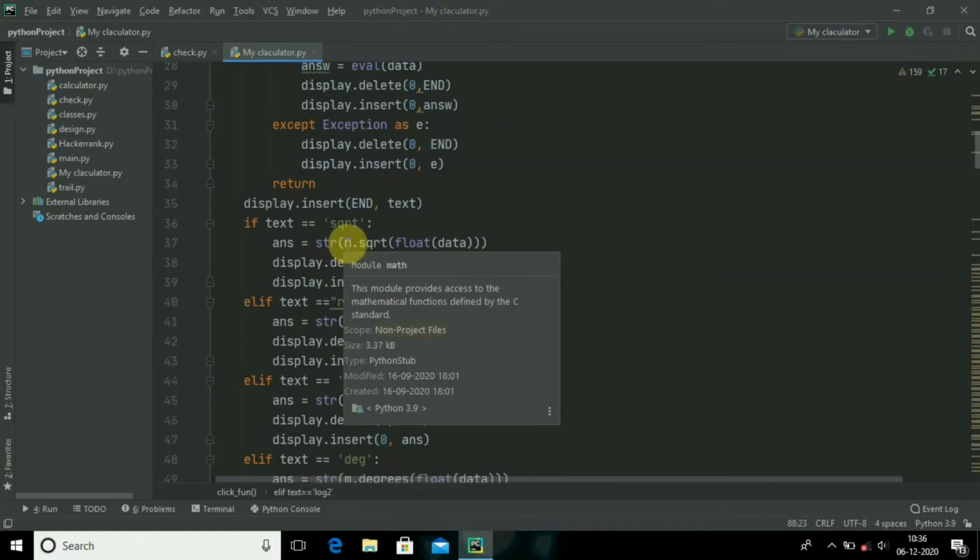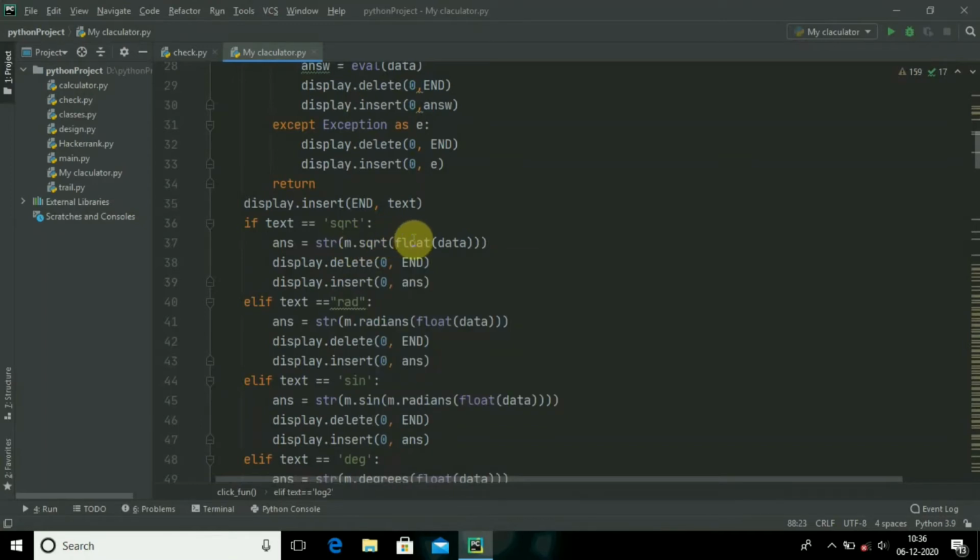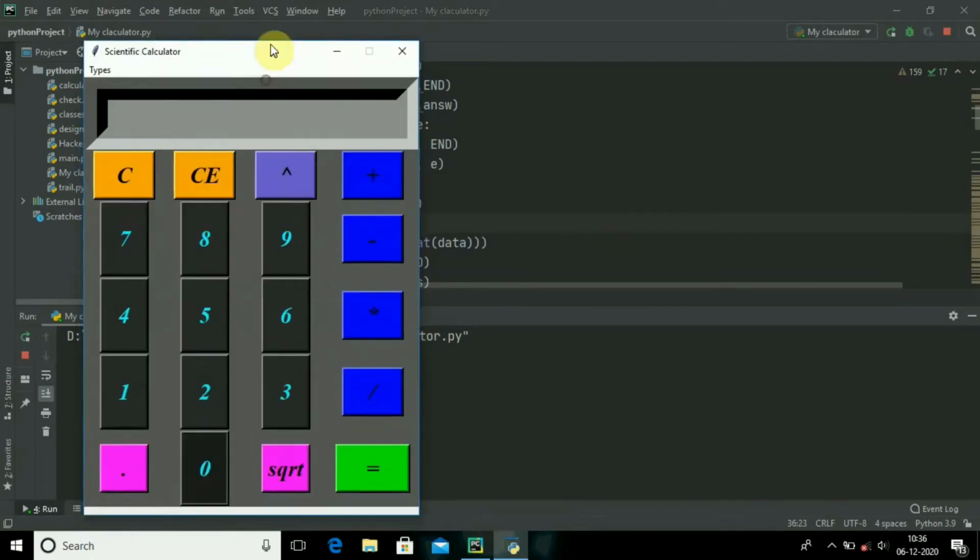The result will be a float. The data you had before will be deleted, and the new answer will be inserted into the display screen.